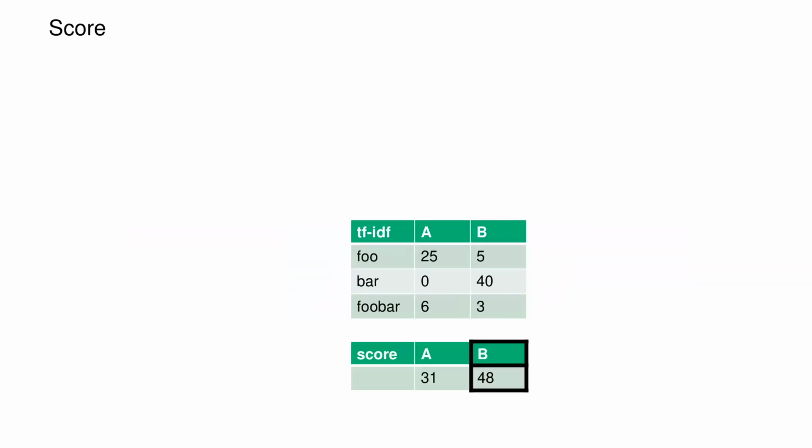So now, if we want to compute the score, we just compute the sum. So we have a total of 31 for A and a total of 48 for B. And now B is winning, which is what we wanted. Who understood what happened and why B is suddenly winning now? It's these weights that changed the thing. So now we consider that if a rare term occurs in a document, that is a big deal, so we want to put more weight on it. That is known as the TF-IDF scoring system for